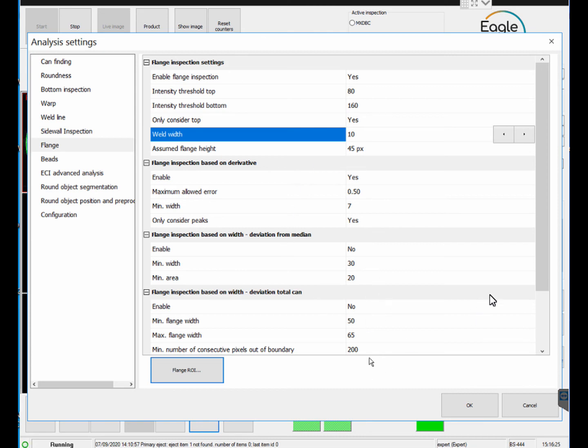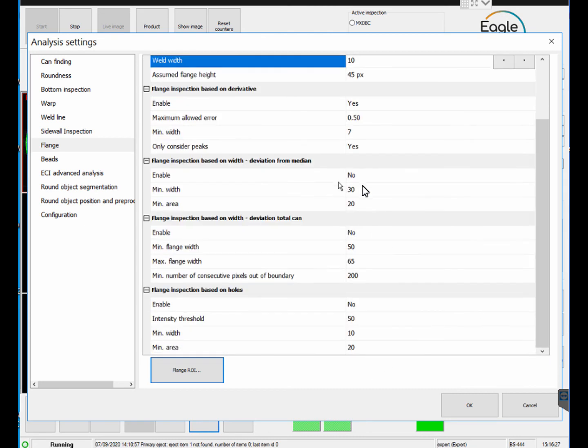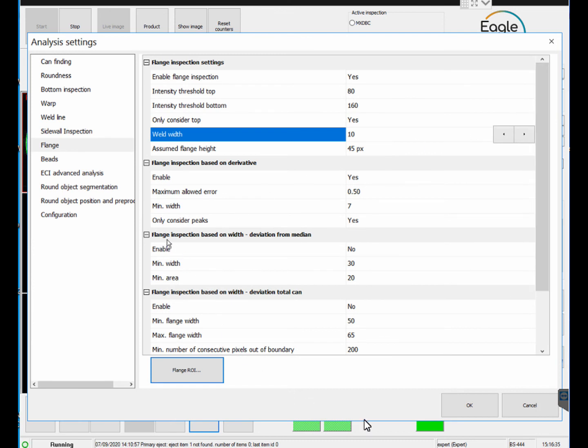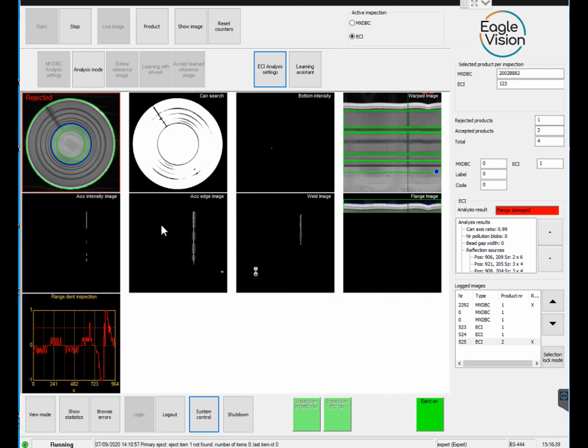Don't look at the button. Those settings are still in development, or somebody asked for this, and it's not something that you want to use. So that was the ECI. Is there anything else that I want to show? No, that's about it. So let me stop the